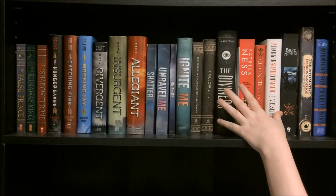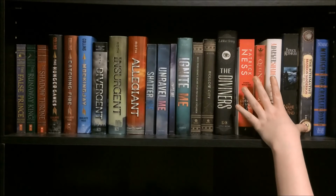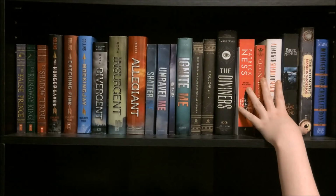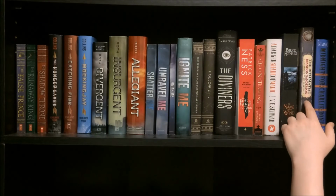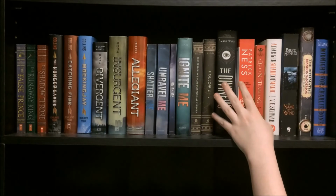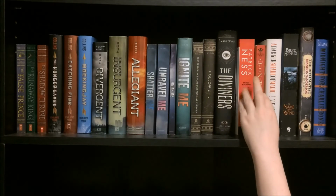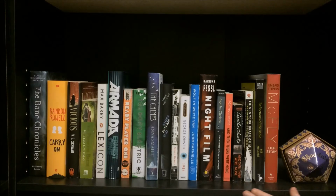And like I said, the books from the Diviners over are all first books in a series where I either haven't continued the series or I don't own the rest of the series, or in the case of The Rithmatist by Brandon Sanderson, the rest of the series isn't out. And I actually organize these mostly by genre, starting with paranormal and then into sci-fi and dystopian and then just fantasy from here over. So now we move down one more shelf to the 4th shelf on this bookcase,